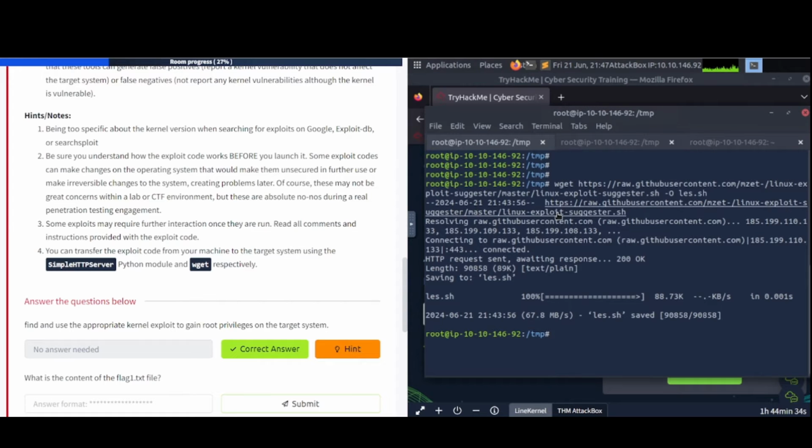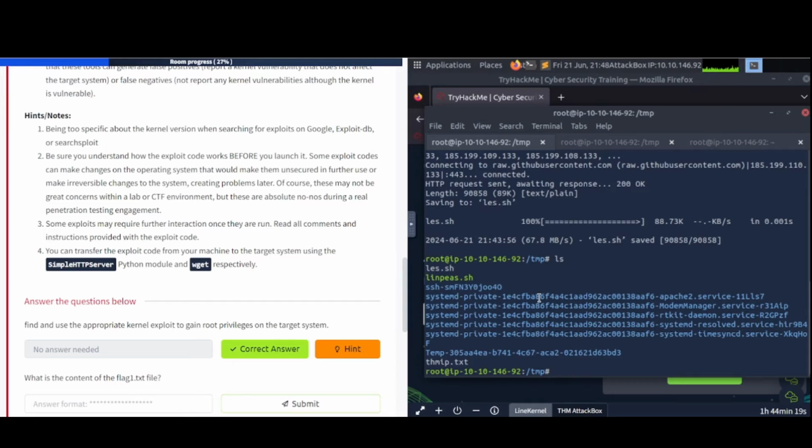Now, first thing you want to do is go to this TMP folder here, so you can transfer the files. As you can see, I've already done some stuff in here. I got this Linux exploit suggester downloaded here. I also have linps in here as well. So I've already transferred linps over, but let's transfer